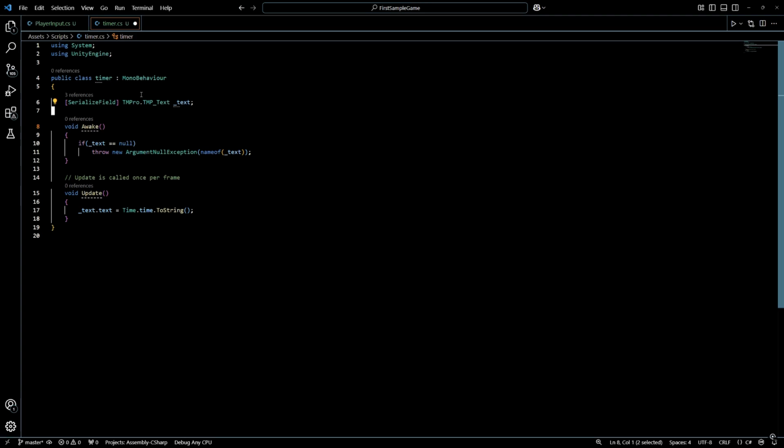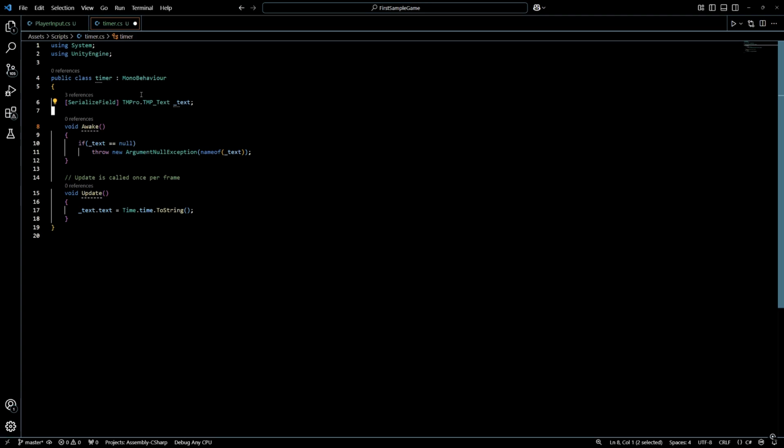Why would I write this code? Well, it allows me to see if all my setups are done properly right at the start of the program, so it is clearly seen. If I didn't do it and didn't set the serialized field in the inspector, I would not know it until the program tries to use it, and it would be just harder to know. Throwing an ArgumentNullException at this point is just a hobby of mine.